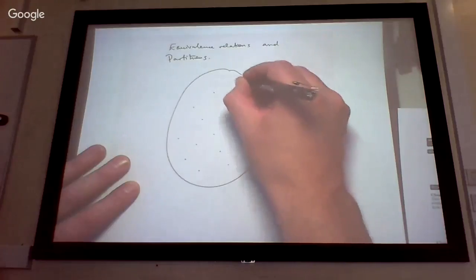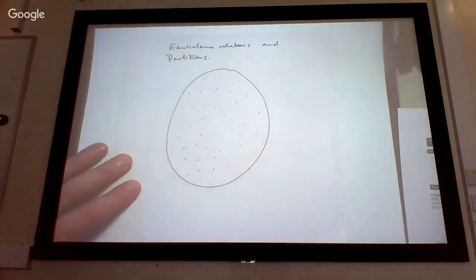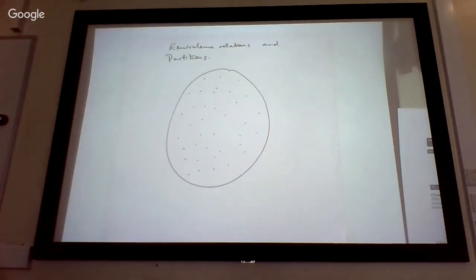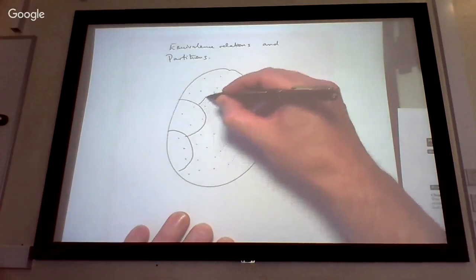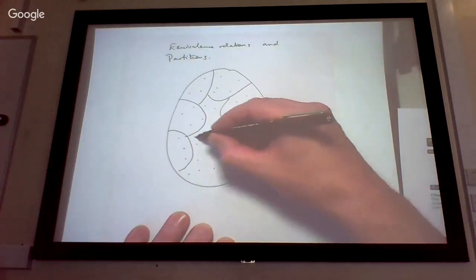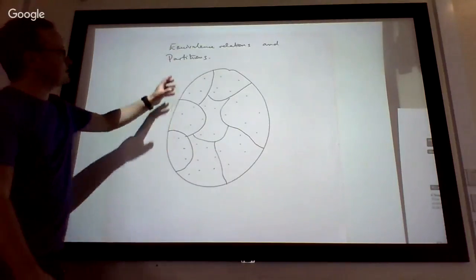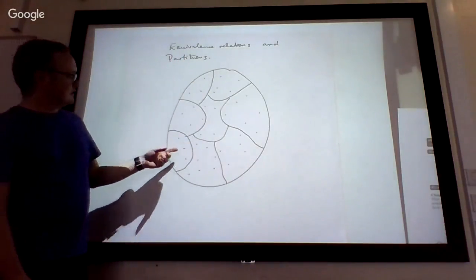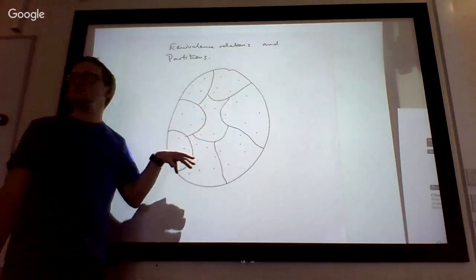It is a set with lots of elements. Okay, so it's extremely basic. But one of the operations we're going to do is take a big, complicated set and split it up into smaller sets, a collection of subsets. And you do this in a way that's unambiguous. There's no overlap between the subsets. Each element is in one and only one of the subsets.